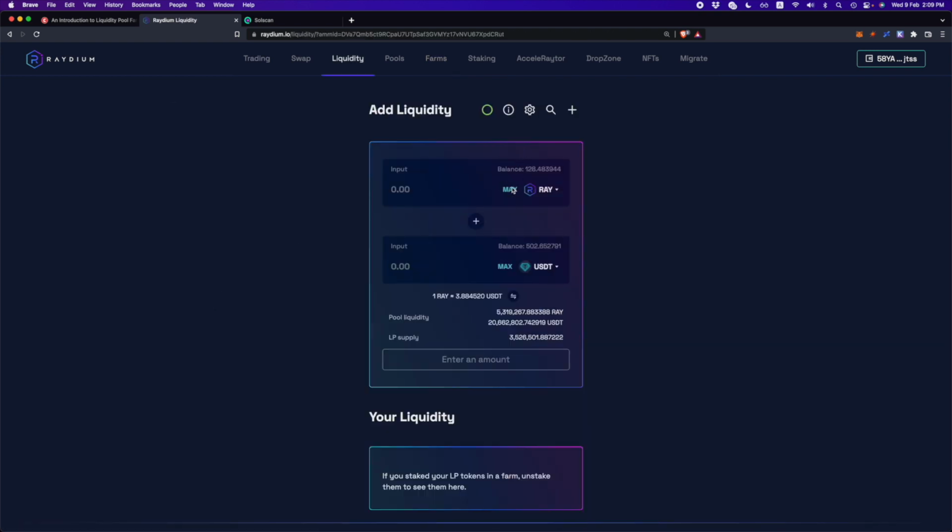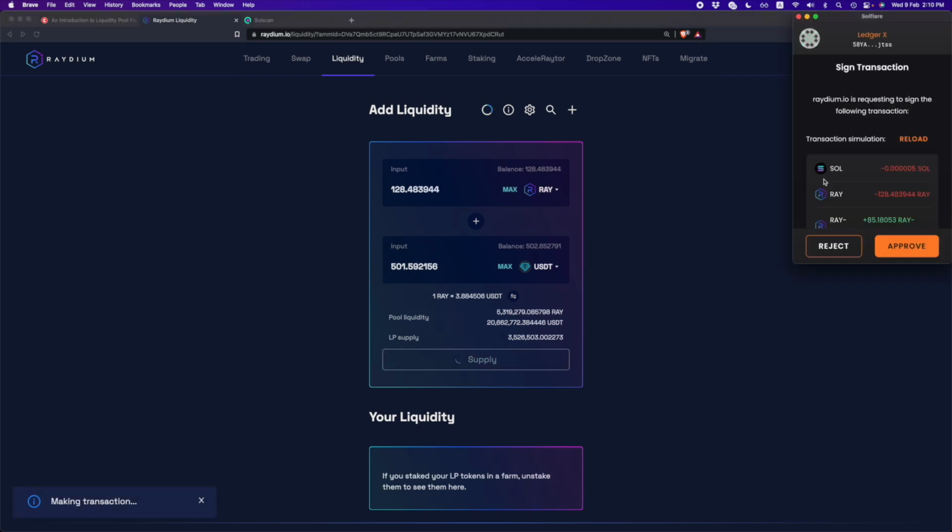I'm going to max out all the Rays that I have, which is all this. It actually needs slightly more USDT. So I think this value is slightly more than $1,000, but I think it's fine. I'll supply this. Once again,